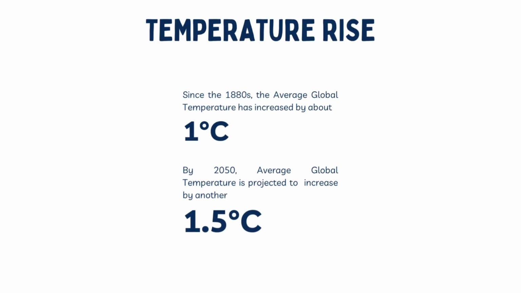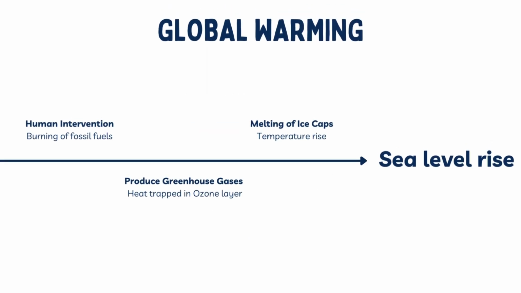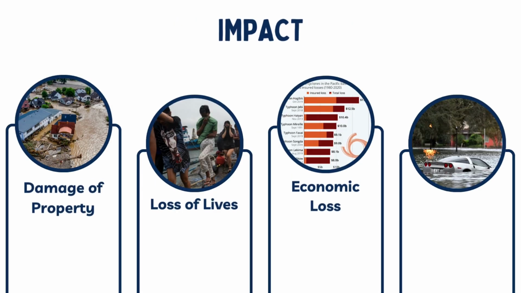Since the 1880s, the average global temperature has increased by a staggering 1 degree Celsius, and is expected to increase by a further 1.5 degrees Celsius by 2050. This is mainly due to human intervention, a major factor being the burning of fossil fuels, which produce greenhouse gases that trap heat within the ozone layer and thus cause ice caps to melt due to the temperature rise, ultimately resulting in sea levels rising. This brings different impacts such as damage of property, loss of lives, economic loss, and flooding,